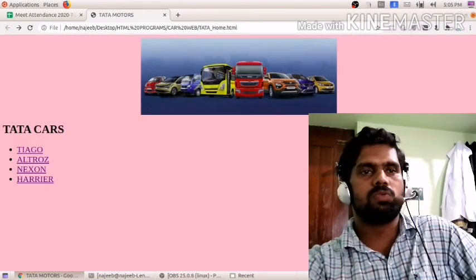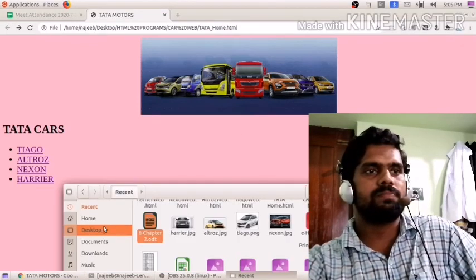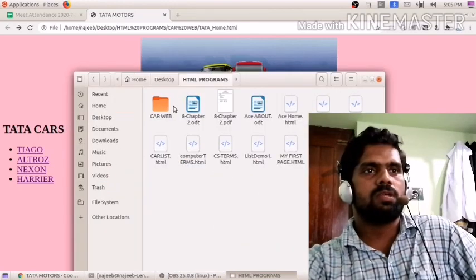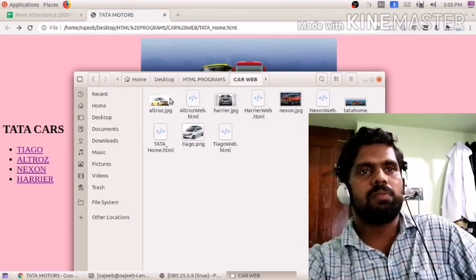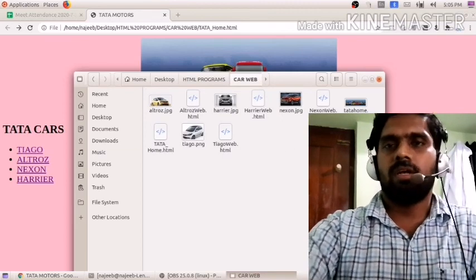Including this one, 5 pages are there that you can see in the desktop HTML programs, car web. And we have many images, and all images and our program can be seen in this one. So that's all about hyperlink.